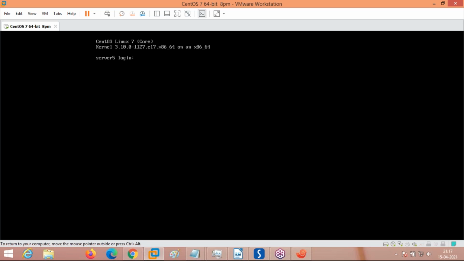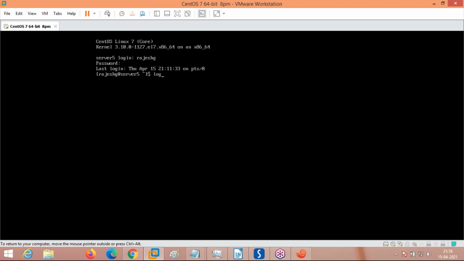It is asking for login. I am going to log in as a normal user, which is Rajesh G. Pressing enter, it asks for the password. If you give the password correctly, you will be logged in. See, now I have logged into the virtual second console, Control Alt F2. Apart from this, you can also log in as different users from other consoles, by pressing Control Alt F3, F4, F5, F6.